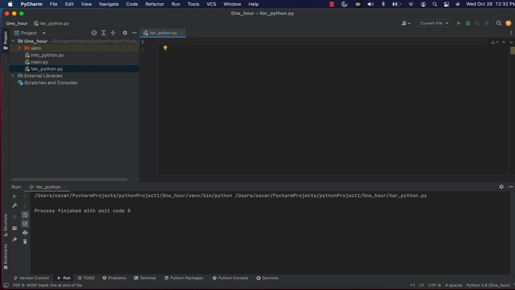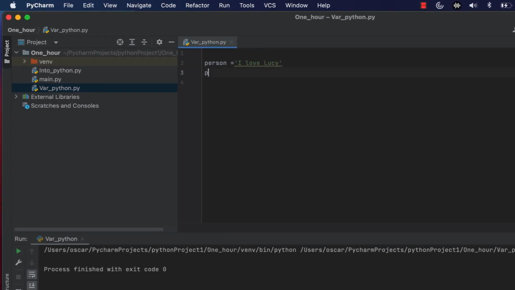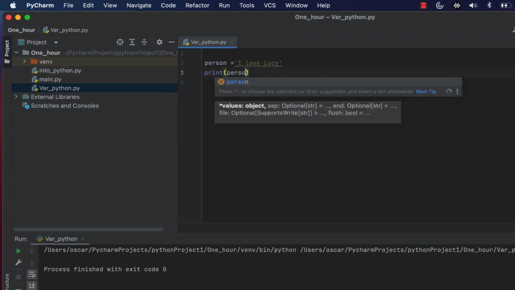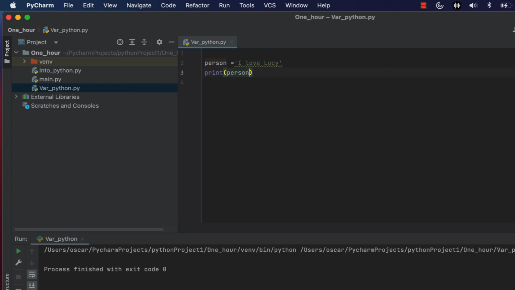Not a lot to talk about the array, or actually, a string is an array in Python. Let me give you an example. I create a variable named person, and then give a string to that. I say, "I love" and then the variable on the screen, and let it go here. Okay, now if I want to just print